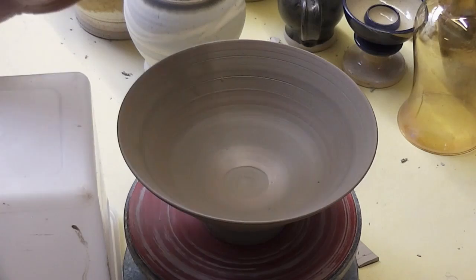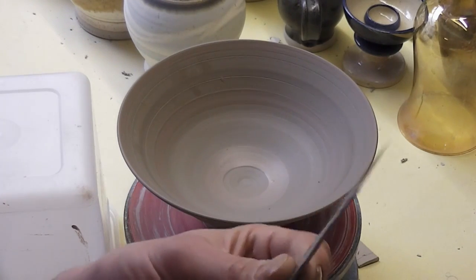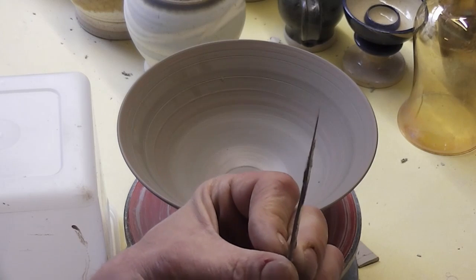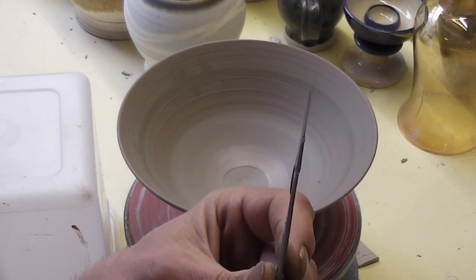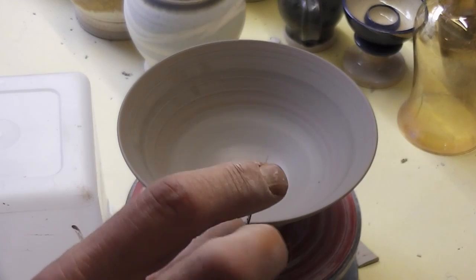Well, hi all, I've made a bowl here and I'm going to do a bit of carving now, a bit of piercing. I'm going to cut out some shapes around the rim, just using my little blade there. It's a hacksaw blade, ground down to a really fine point, so it's really pointed at the end and dead